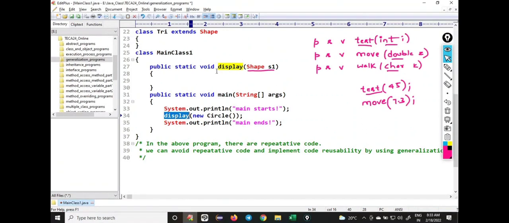Display, Shape s1 equal to new circle. Correct? Here how we understood, slowly, steadily. Test. Method name is test. How did we understand? Int i